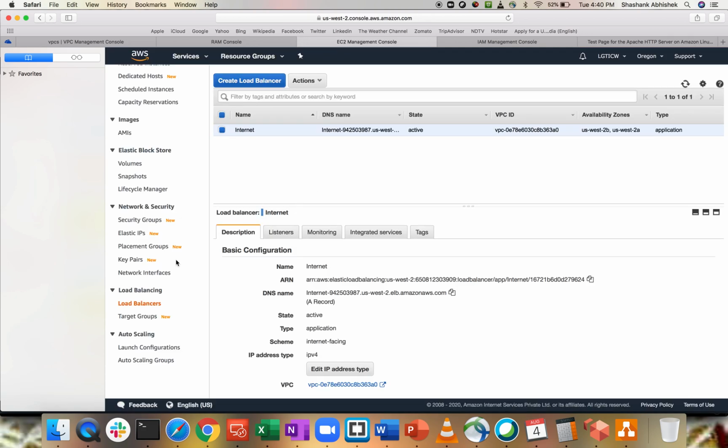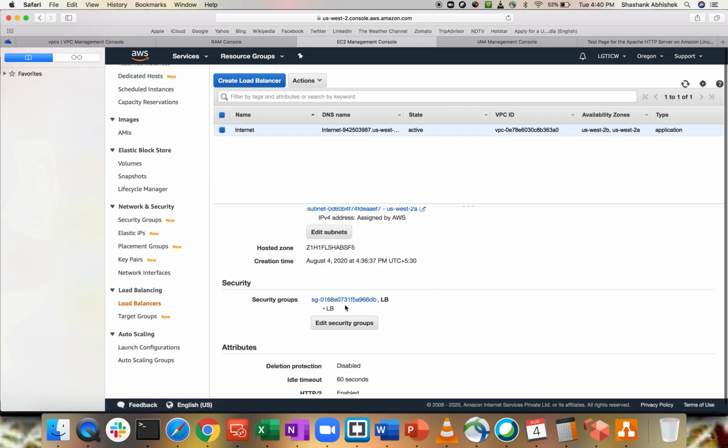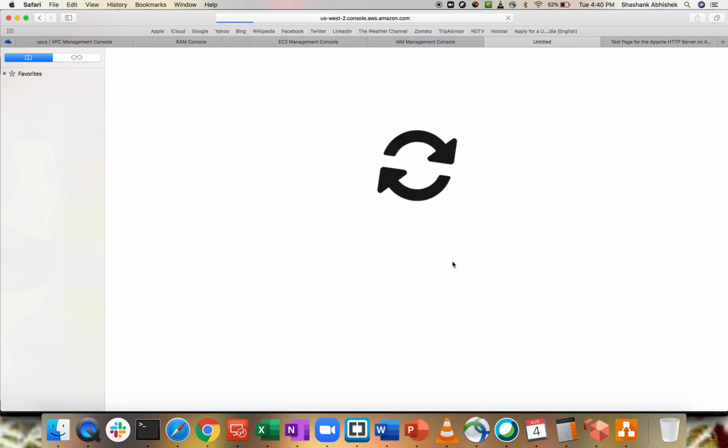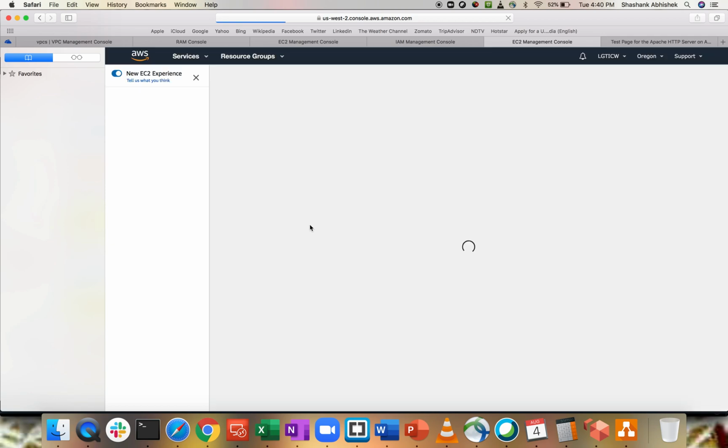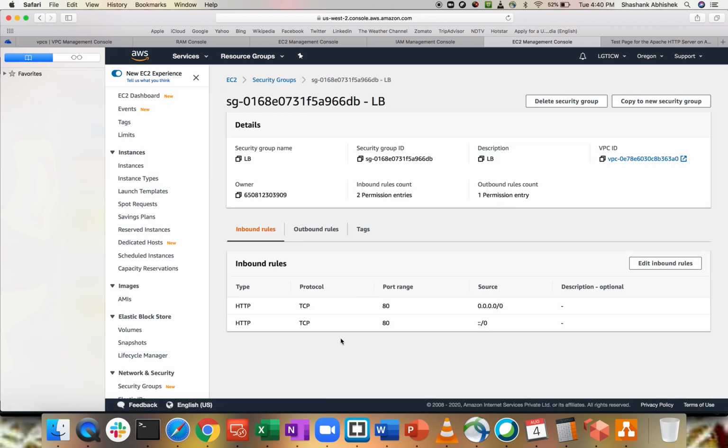Okay, so one thing I need to check is the security group. So let's go to the security group, and you have to make sure that your instance listens on port 80 as well. Otherwise, this is not going to work for you. Okay, so the response is like 80, 80 from IPv4 and IPv6. So that's why we are able to listen.